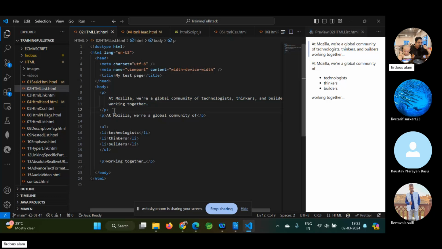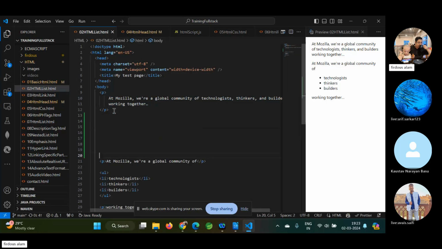See, a stable design totally depends upon your thinking, like how you can represent this thing. So this is one sentence. What we can do, we can represent this thing